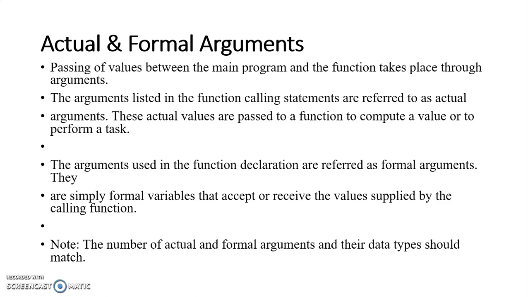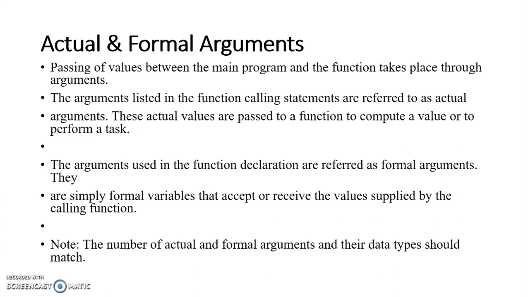Everyone knows every function has a parameter list. We write in the parameter list int a, int b, or however many parameters. As I always say, the function parameter list means input values. Whatever input you require to perform any task should be passed in the parameter list. Those inputs you need to take from the user only. Whenever your computer asks to enter a value through the keyboard, that parameter should be in the main program. So that is your actual parameter. And this actual parameter will be passed to the function, so that becomes the formal parameters, right?